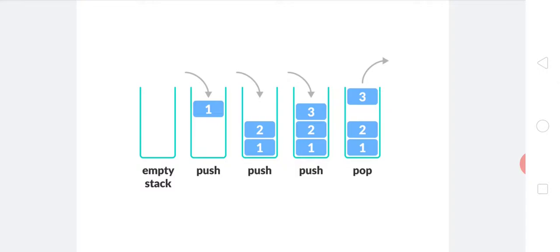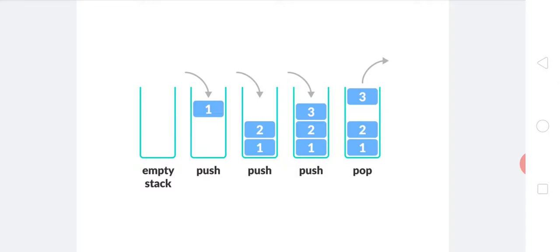Now see in the figure, at the left side of the figure, one empty stack is there. When stack is empty, then top is set to -1. Means that top equal to -1 indicates that stack is empty. Now see carefully, one end of the stack is closed and another end of the stack is open. From the open end, we can insert and delete the elements from the stack.